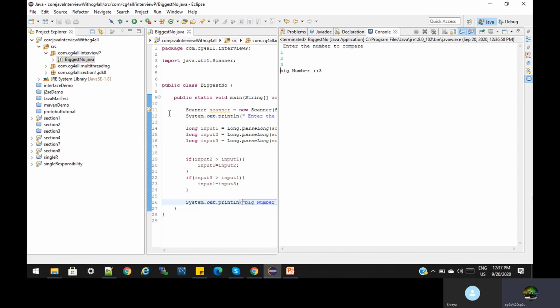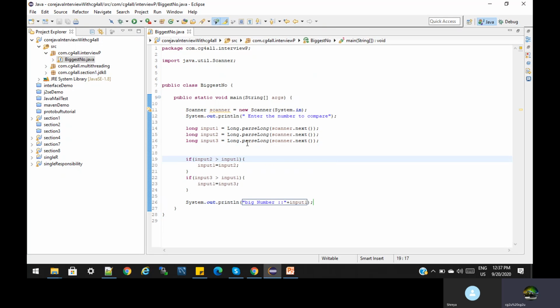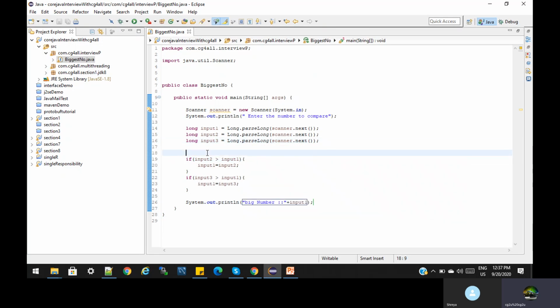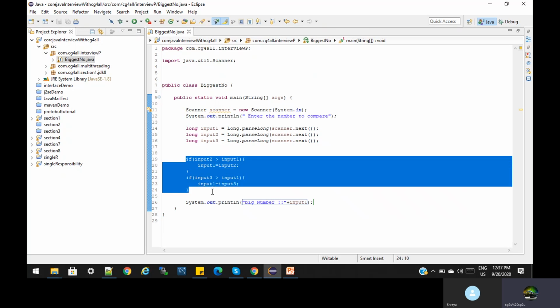So we will run. This way we will get the numbers. We will have no need to take the variable, and second thing, we will define one method. It's not a good practice to take this variable in the method. So what we will do is define this as a method and pass the variable in the method. But the logic is the same, so you can use this. Now this is done. The question asked is completely done. We will get the output and we will use the scanner.